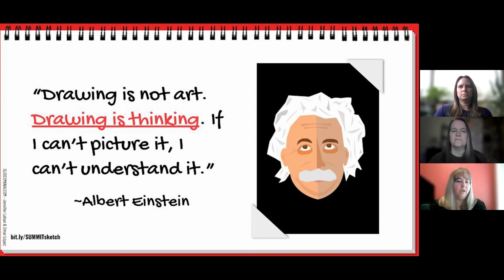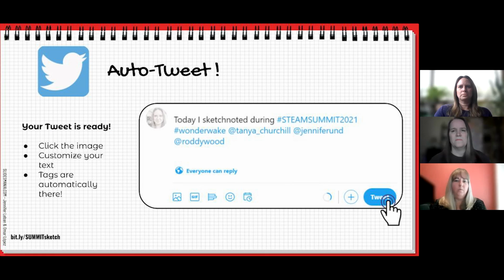This is a quote from Albert Einstein. Drawing is not art, drawing is thinking. If I can't picture it, I can't understand it. This is what we're trying to create for students with sketchnoting, allowing them to have images that help them create understanding. So what we would like you to do now is for you to share your sketchnoting with us